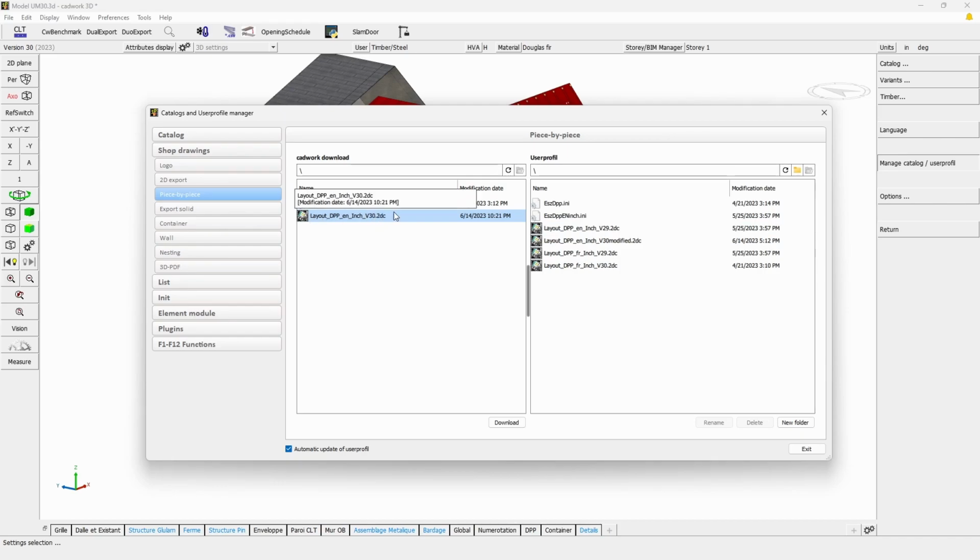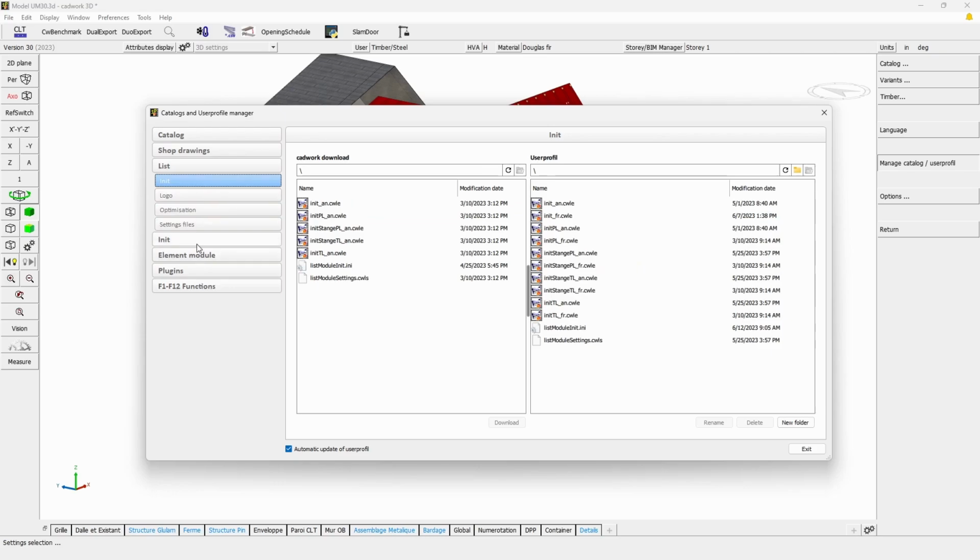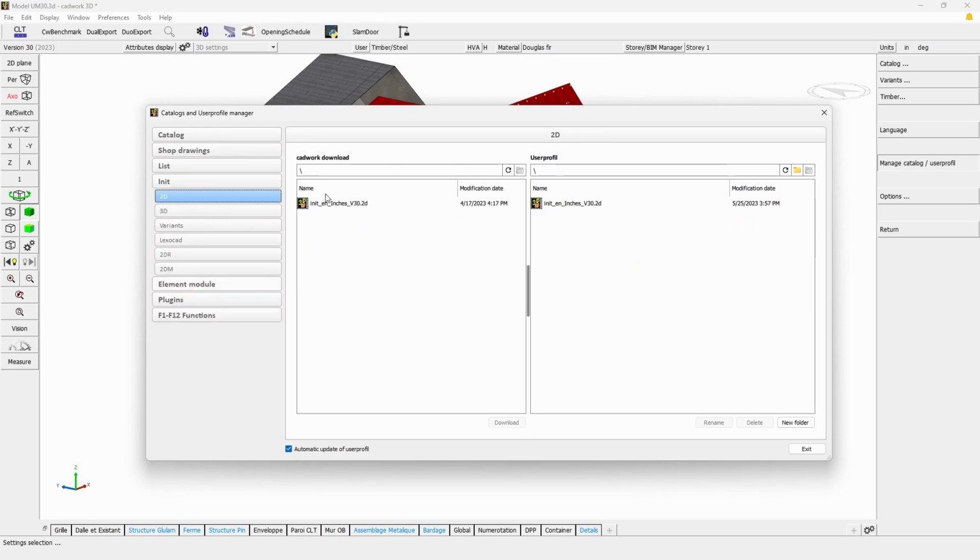And here simply select the layout or the different information you would like to import, and you can either drag them or simply click the download button here at the bottom. And now we have the new version of the piece by piece layout that is available directly in our init. We have also list settings, different init from the 3D or 2D element module libraries, and so on and so